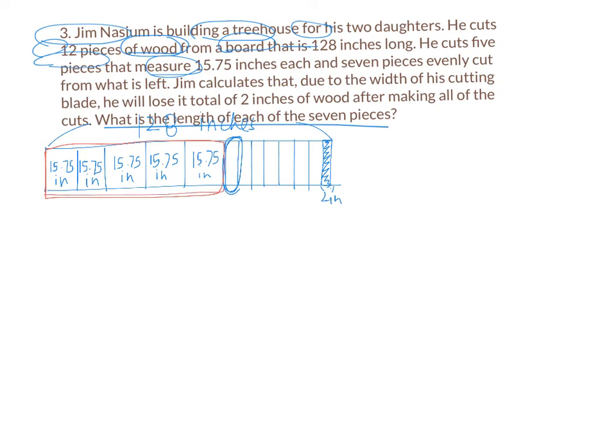Could I do 15.75 plus 15.75 plus 15.75? Could I do that? Yeah. Or I could do 15.75 times what? 5. Times 5. Okay. Then could I subtract that from the 128 inches? Could I also subtract this 2 inches? Right? Yeah. And that would help me find how much was split equally into 7 pieces. 1 piece, 2 pieces, 3 pieces, 4 pieces, 5, 6,